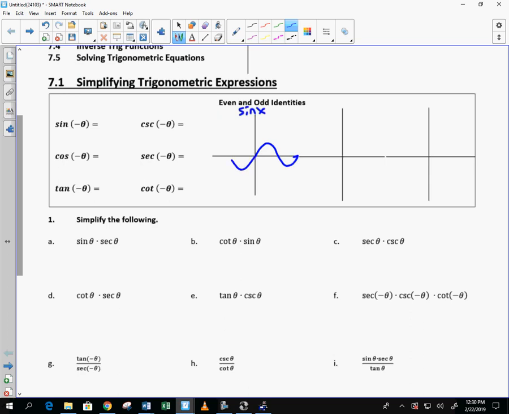We have a graph of sine of x. Anybody know what that graph is? Cosine of x. That's tangent of x. Here's what I want you guys to understand, is that these graphs of sine, cosine, and tangent have what